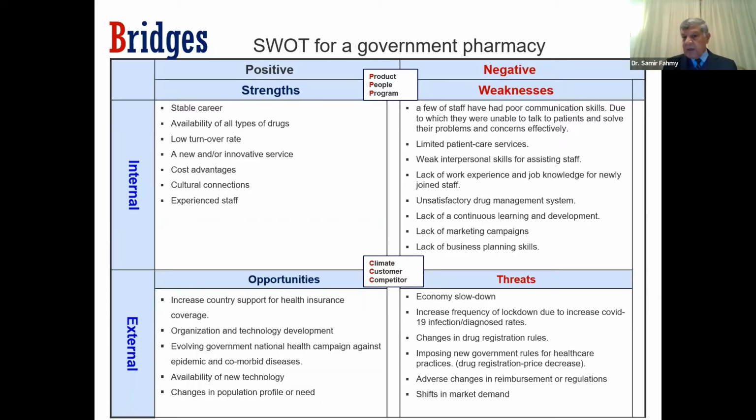So in that case, it's an area for development. Lack of work experience, as I said, unsatisfactory drug management system, lack of continuous learning and development. Sometimes they might have the initial training or a preceptorship with experienced staff, but they don't have